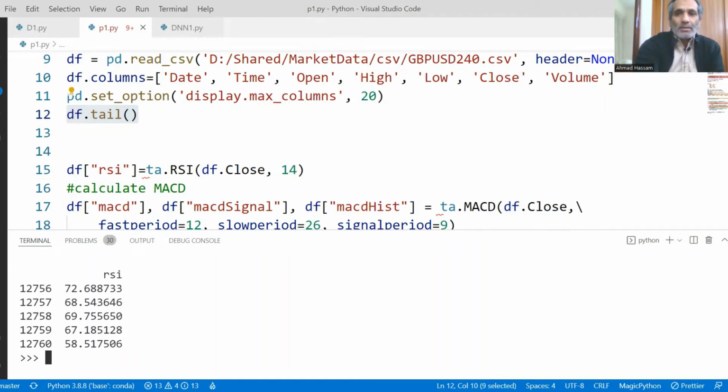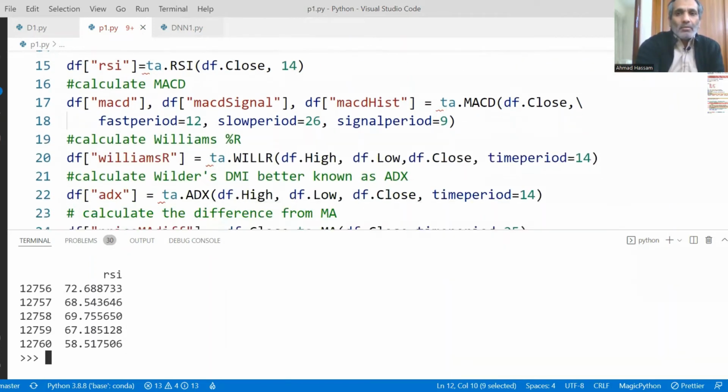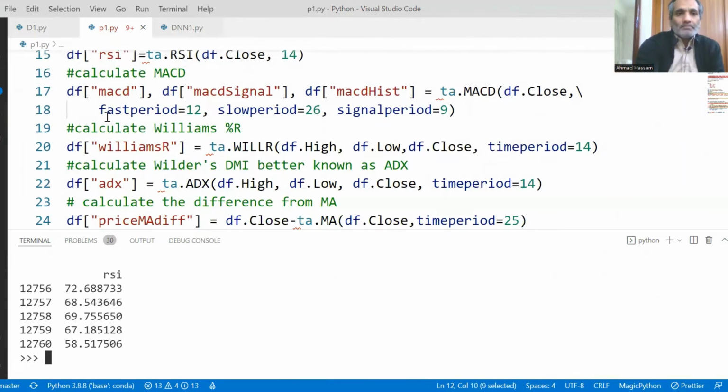It calculated the RSI very fast. Now let's calculate MACD. We want to add three columns because TA.MACD returns three columns: one is MACD, one is MACD signal, and another is MACD histogram. And this backslash says that this is the same line continuing on the second line. Fast period is 12, slow period is 26, signal period is 9.